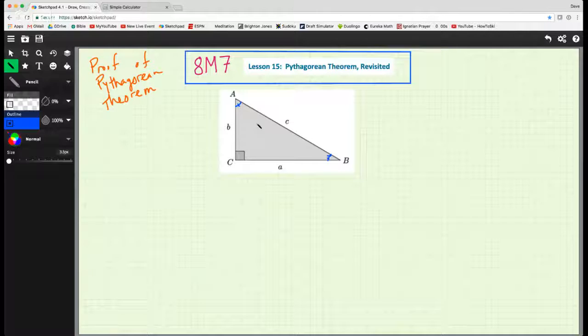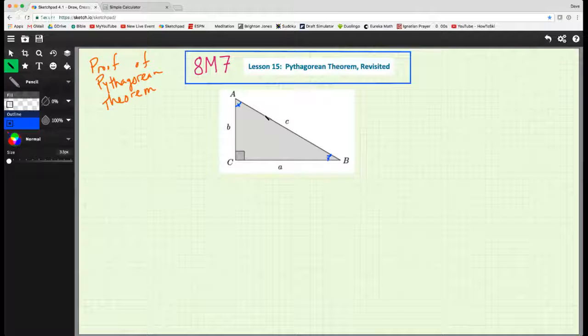So side B is opposite angle B, side A is opposite angle A, and side C is opposite the right angle, also known as the hypotenuse. C is also known as the hypotenuse being opposite the right angle. So the first key thing that we do in this proof is we create